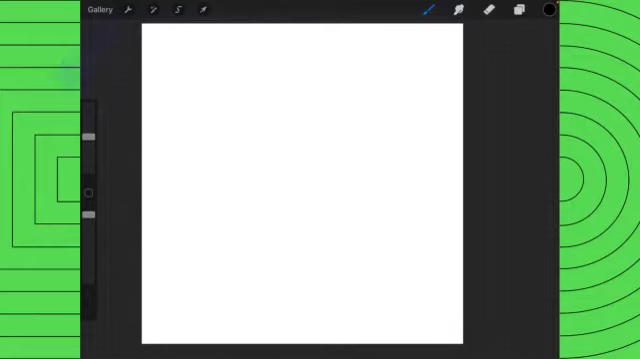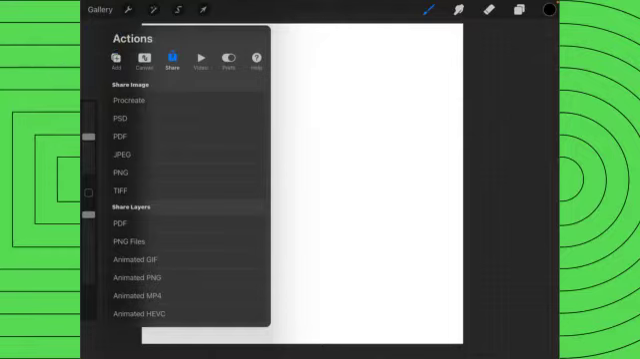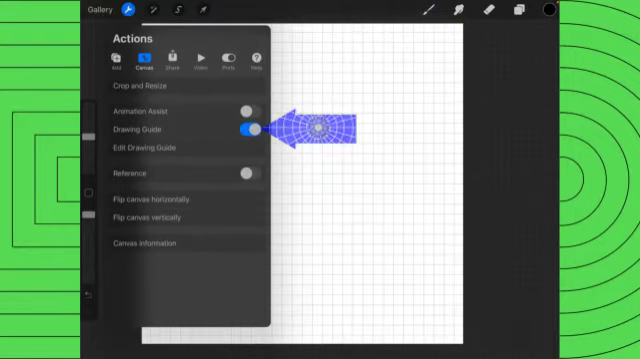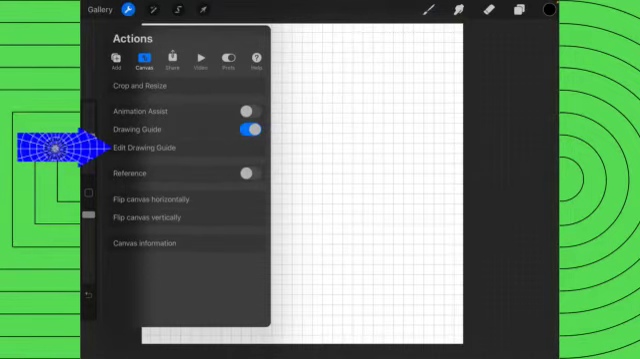So we're going to go to the wrench up here at the top, go over here to canvas, turn on the drawing guide, then edit drawing guide,